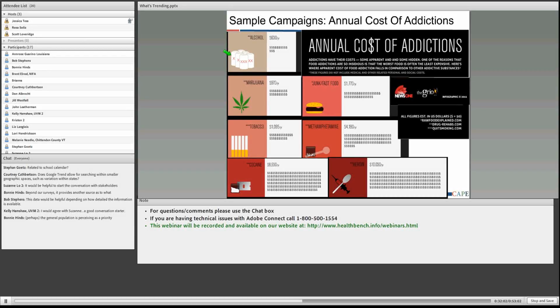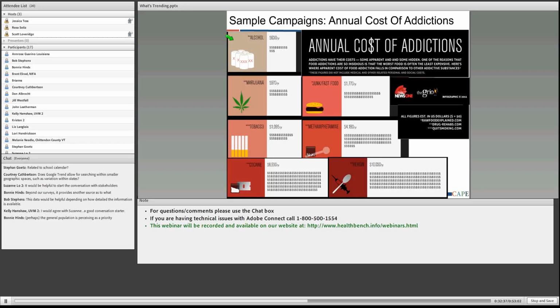Okay, so I want to shift over into highlighting some sample campaigns that have recently spread around on social media that have been successful. So this right here is a campaign that really utilizes visual rhetoric in the online space, and so I've broken down this infographic. It did not originally look like this. I sort of chopped it up best I could to still be visually pleasing and fit on a PowerPoint slide,